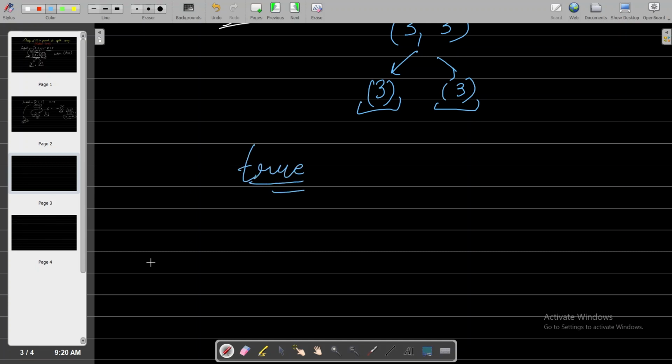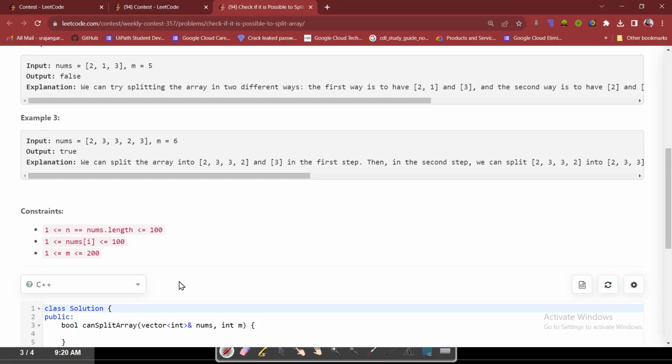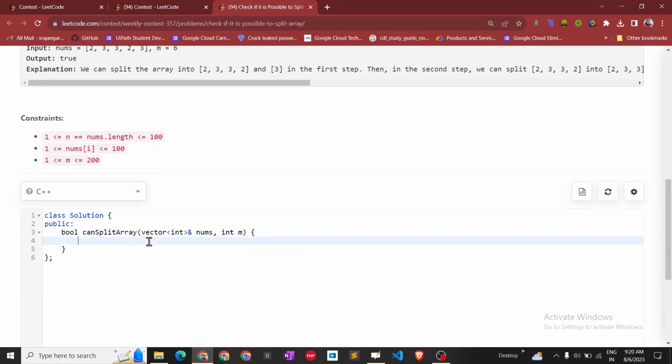Let's check this in code. So let's take a flag variable as 1 and